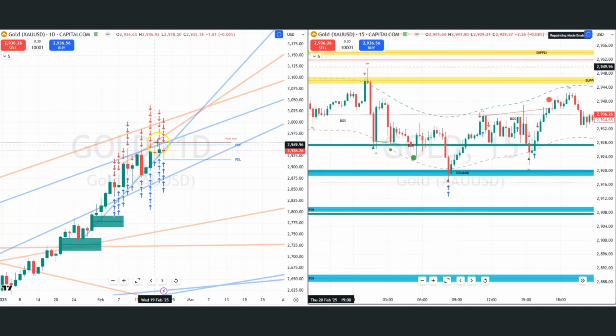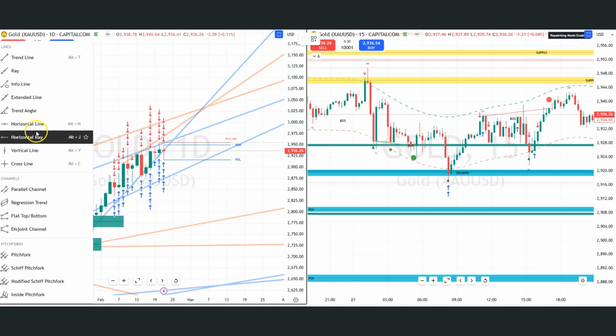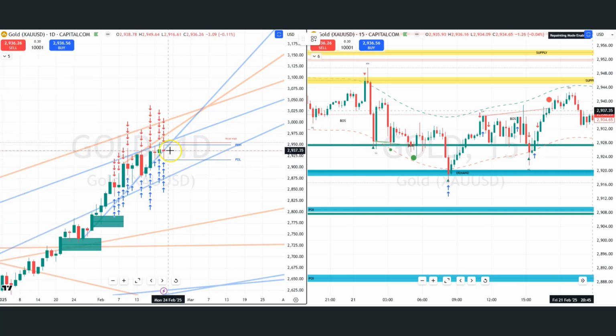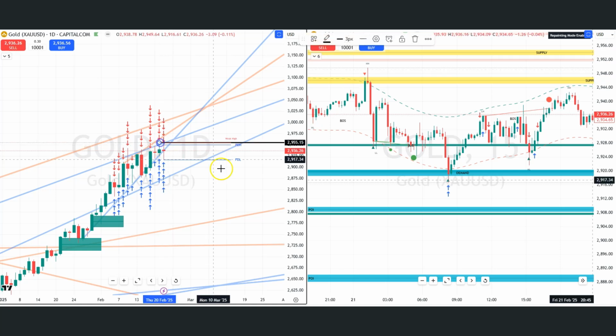So let me just go into the daily chart here on the left first of all. And the most important part of this is the previous day's high. And what we can do here, we can grab the tool here on the left and go to horizontal ray, and we can just draw a line at the previous day's high here. Let's do the previous day here, and we can do a previous day here. So before you go into the markets, you know from fact that these are really important areas of resistance and